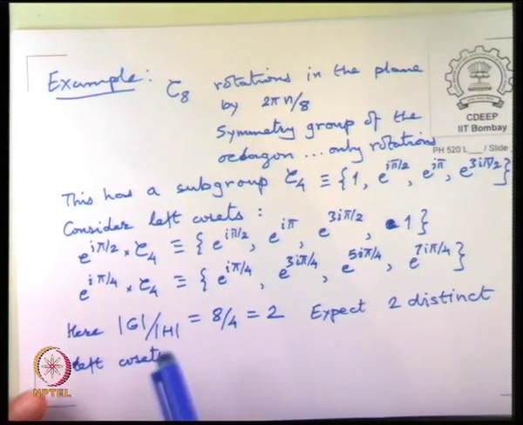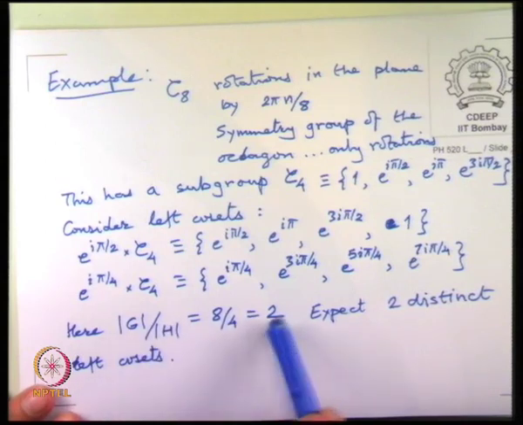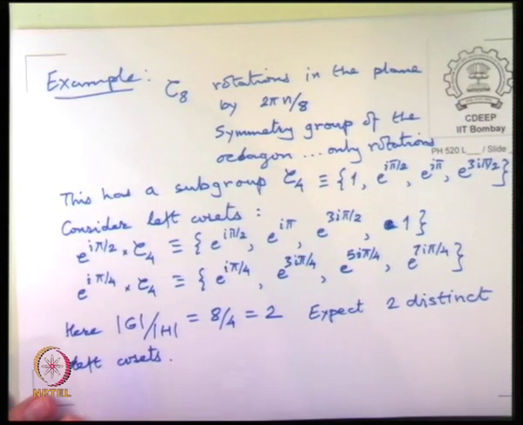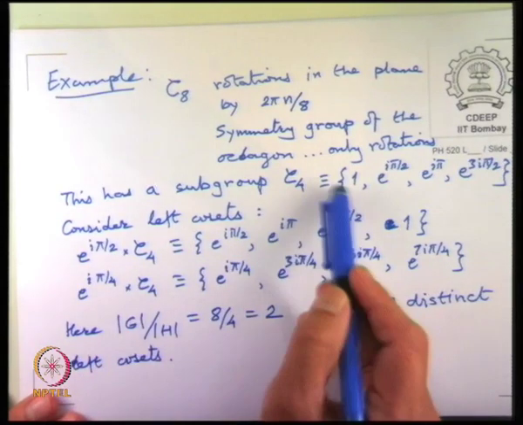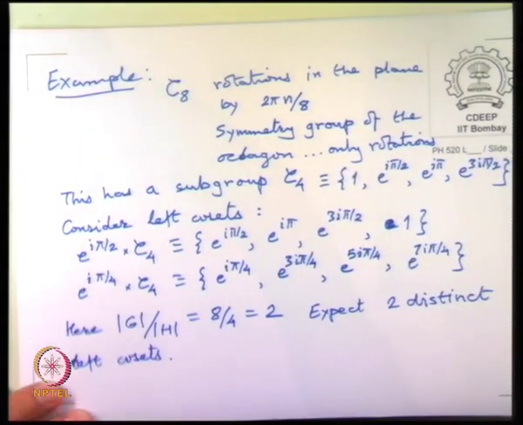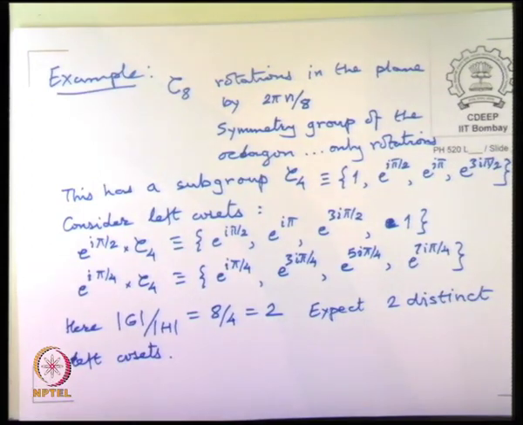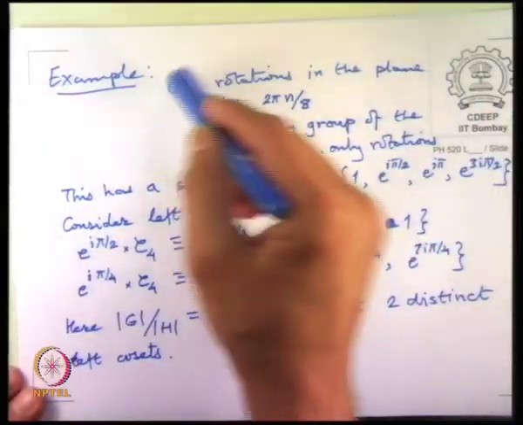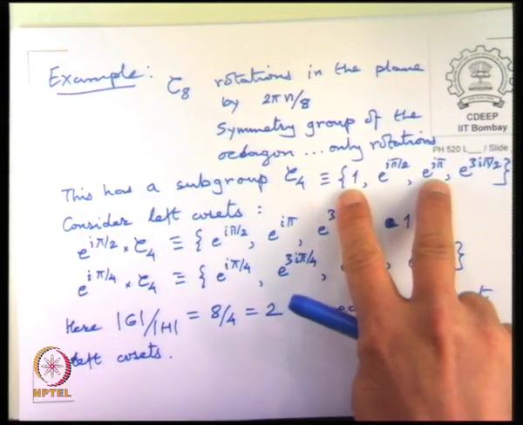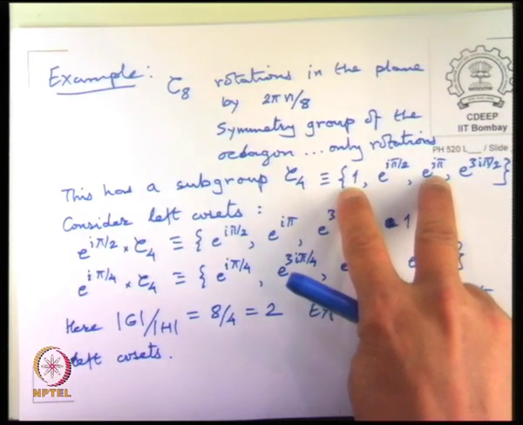So we see that we exactly get two cosets that are independently the cosets of this particular subgroup C4. You could have played the game the other way around. Suppose we pick this subgroup only 1 and minus 1, because in the list of C8, 1 as well as minus 1 are there. Now I have a subgroup of order 2. If I start multiplying from the left, I will get 4 different cosets, because I had only 1 and minus 1. If I multiply by say e^{iπ/4}, it will become the e^{iπ/4} line, e^{iπ/2} line, e^{3iπ/4} line, but that is all.